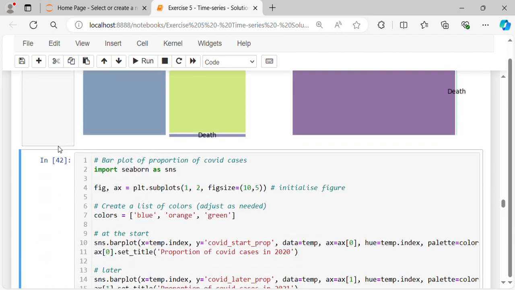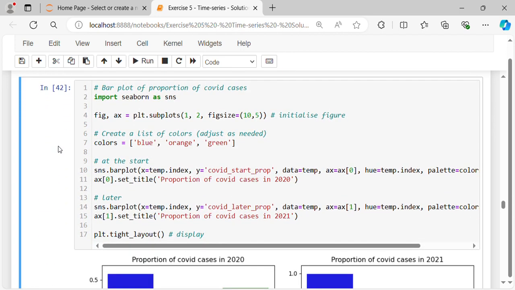Okay, so now let's plot the bar plot of proportion of COVID cases. We import seaborn as sns. Let fig comma ax equal plt.subplots of one row, two columns, figsize equal width 10 and height 5. This is for initializing the figure. Create a list of colors, adjust as needed. Let colors equal blue, orange, green. At the start,